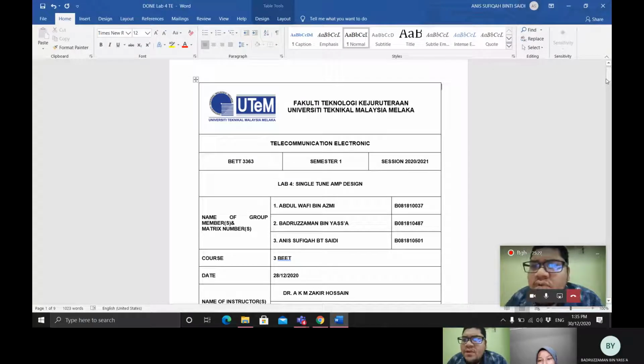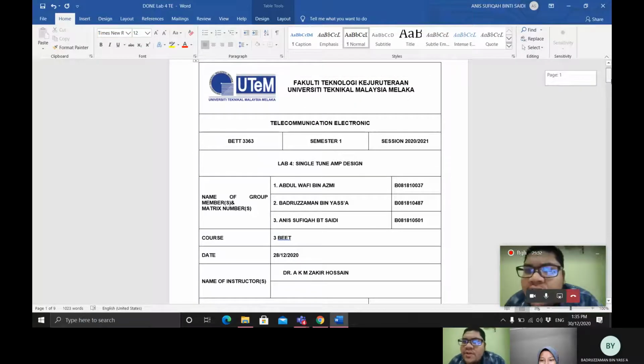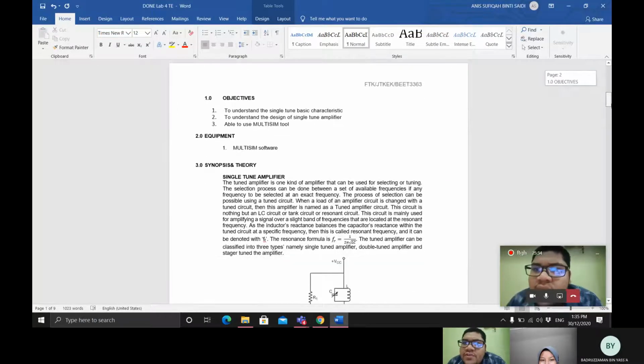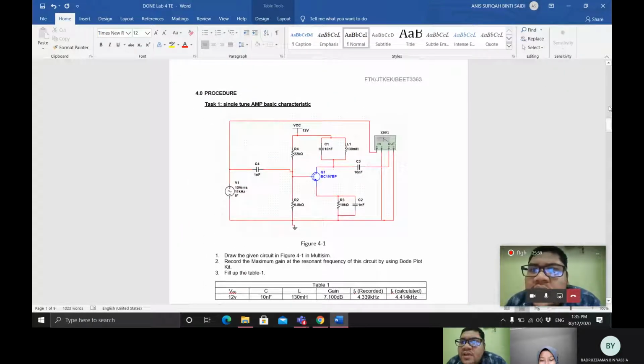So basically, we want to explain about Select 4, Telecommunication Electronic, and the title is Single Tune Amplifier Design. Alright, so we can go through the procedure. In the procedure, we have 4 tasks, and the first task is that we must construct this circuit